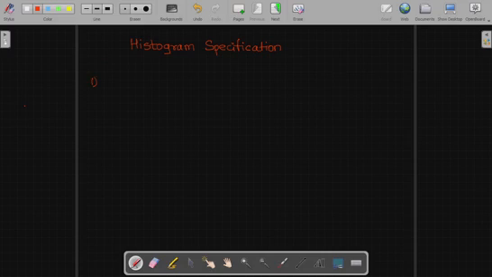First of all, we have to equalize the levels of the original image. In the second step, we have to specify the desired density function,